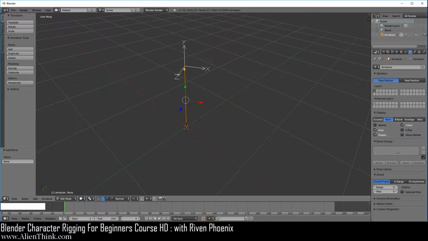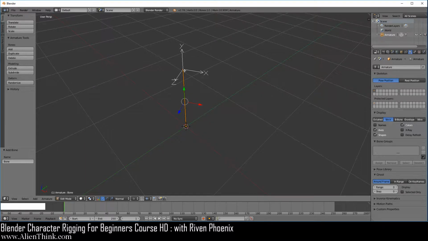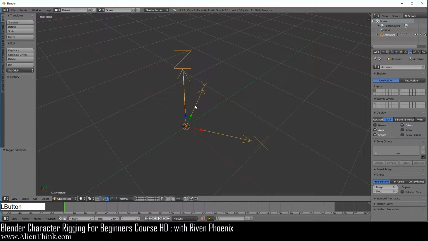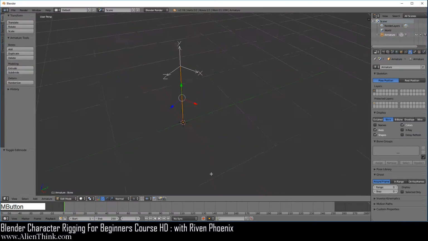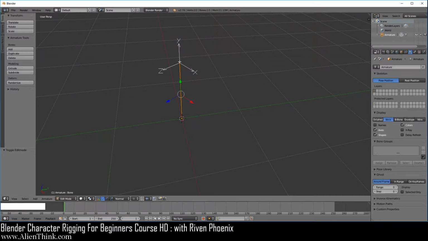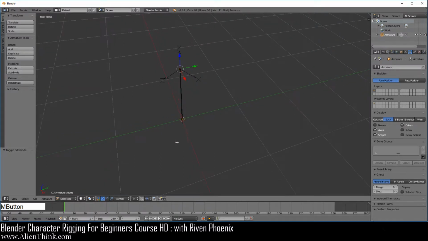That's what's going on. Now, notice that the axis right now, the way it's rotated, it's actually matching the local axis of your armature, right? So the difference here is that you can see that the Y is going in this direction for the armature. So if we switch to edit mode over here and click on the tail over here, now we're going to have to rotate this tail on the x-axis, right?